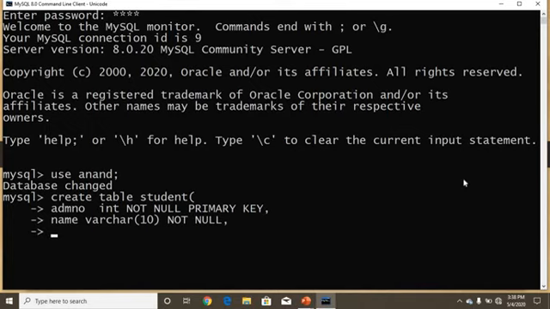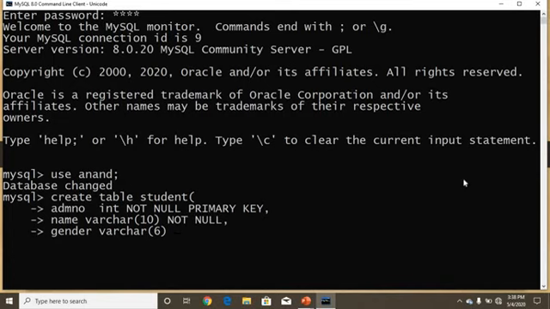Here I am going to check the gender. The check constraint is used to check the value from the list only. So the column name is gender, varchar data type, then size is 6.